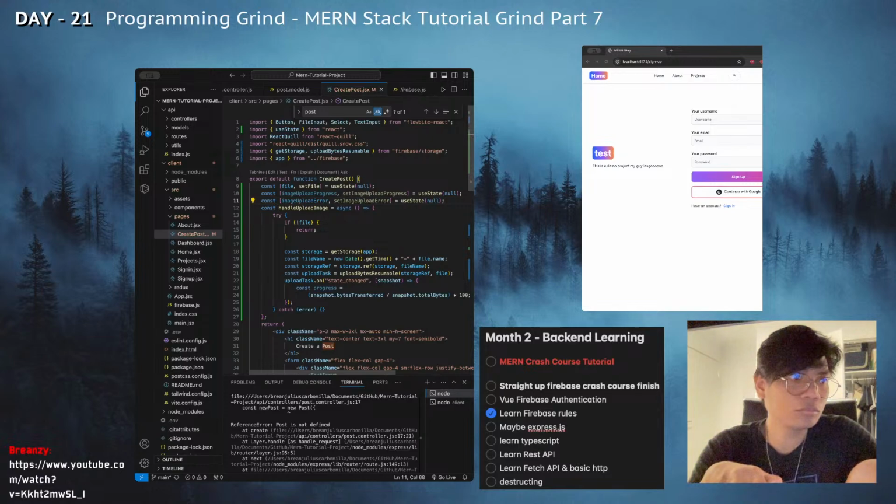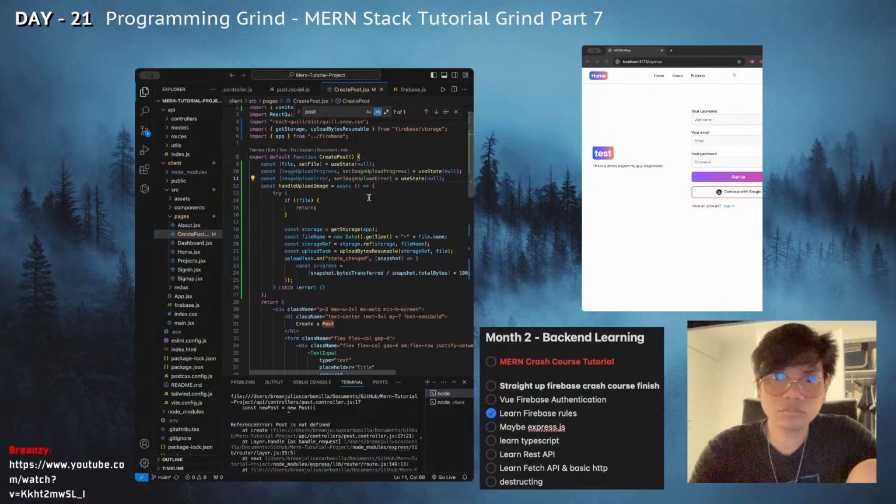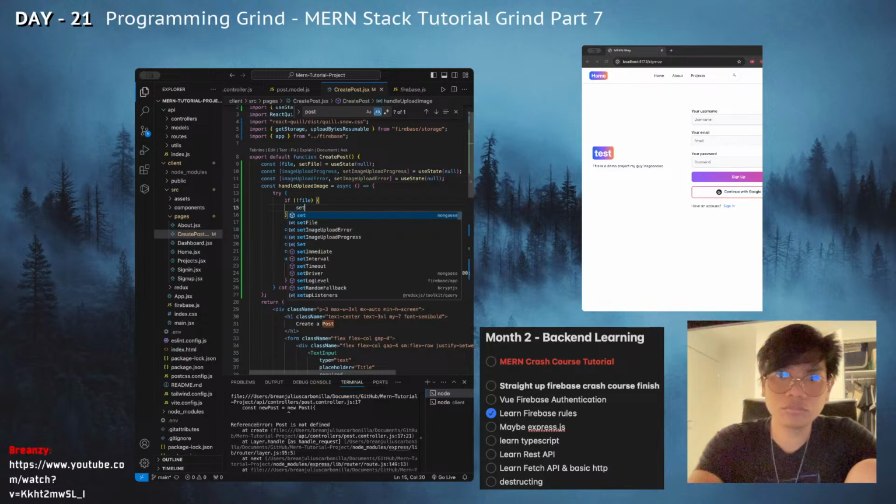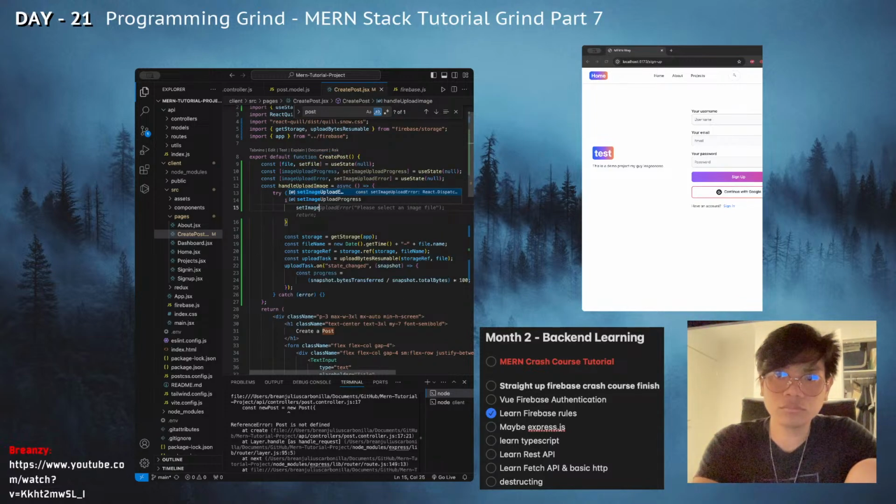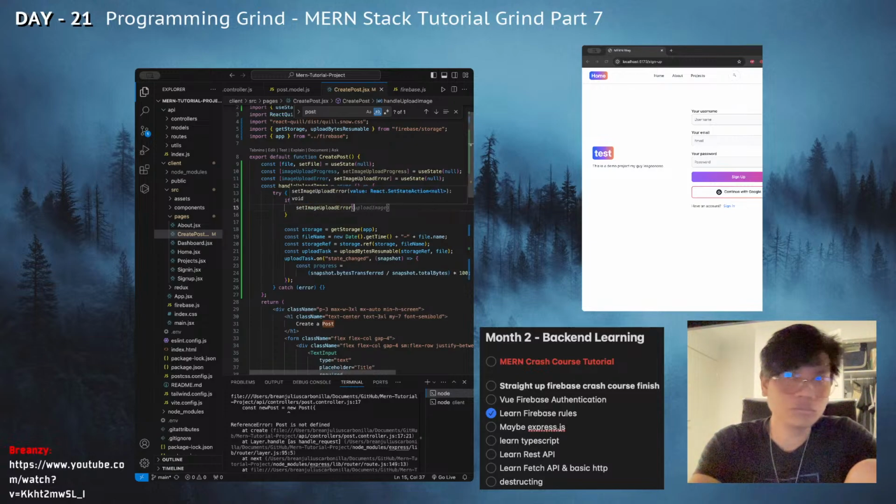For example, here, if there's no file, I want to just set the image upload error to a message called please select an image. And here we can set the error to be null. If there is an error from the previous attempt, we can remove that. Then here we can just set the